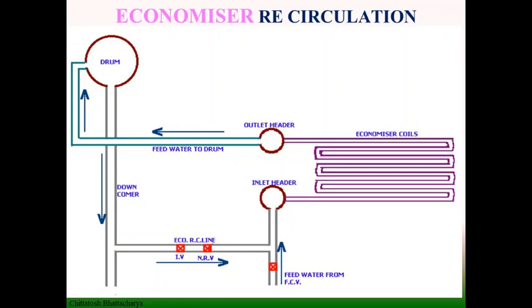This valve has to be opened so that cold water flows through the economizer. During initial startup time and closing down, shutting time, heat absorption in the second pass is more than the furnace part. So naturally, as a result, circulation continues through the economizer, so that the economizer never gets steaming.